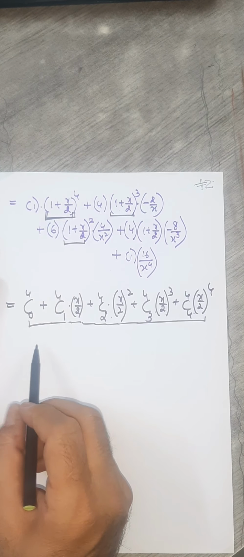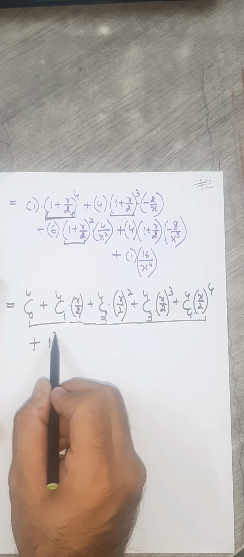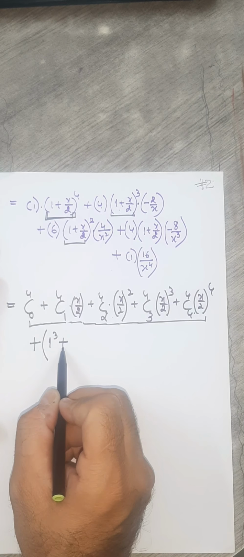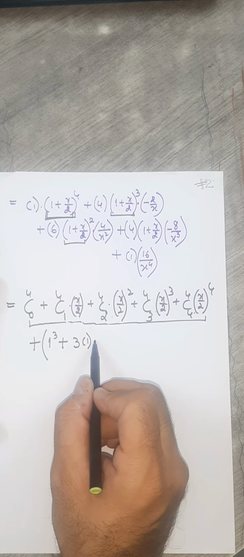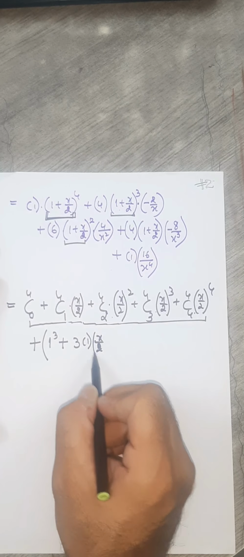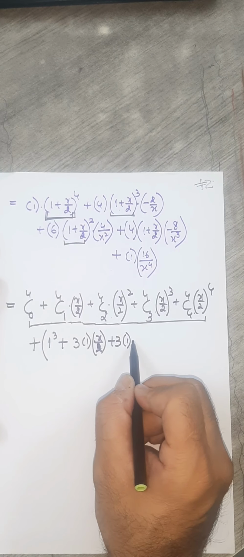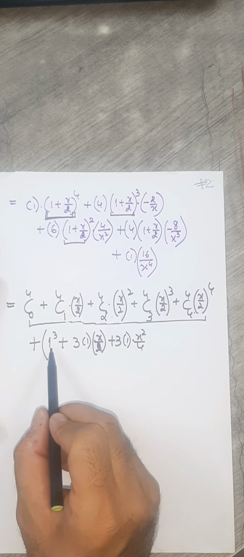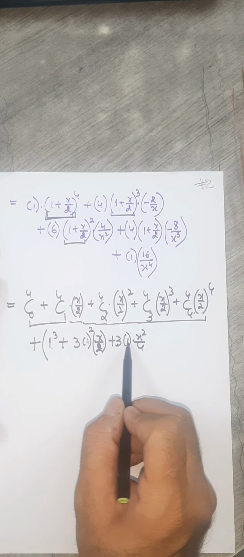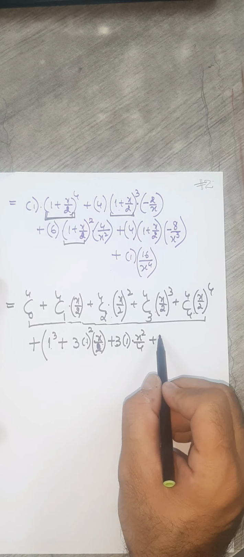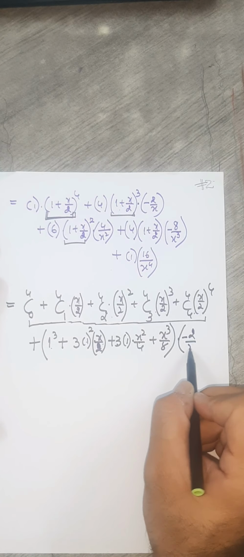Now we are at this place. Plus, here I'll do it just like (a plus b) whole cube. So a cube plus 3 times a square b, so 1 a square into b, plus 3 times a b squared, so 1 as it is and b squared, x square by 4. I repeat, a cube plus 3 times a square b plus 3 times a b square plus b cube, that is x cube by 8 into minus 2 by x as it is, remember here,